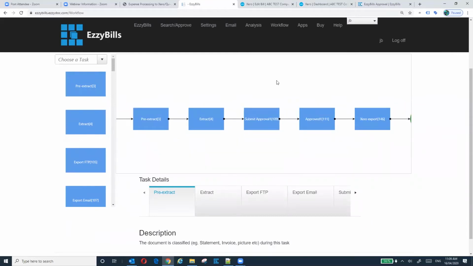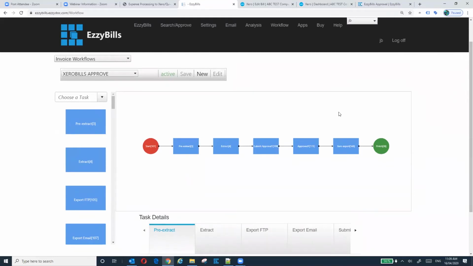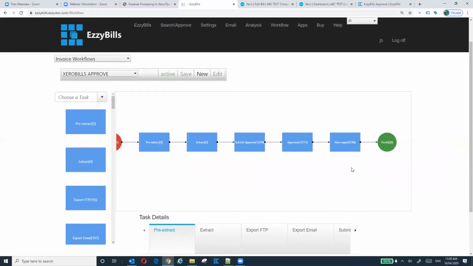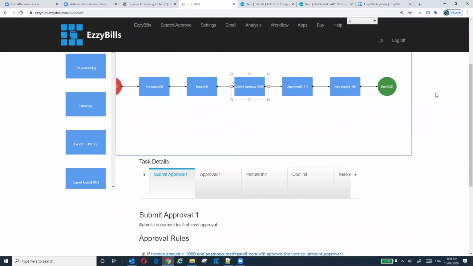So in this, for each invoice process, you're going to see a workflow. I'll zoom in a little bit. And so you can see the workflow. The first step is pre-extracting. We do a few things before extract data, then we do extract data, then we submit approval, then once we approve, we do a few things, then we export to Xero. And in this case, if I click this, submit approval,